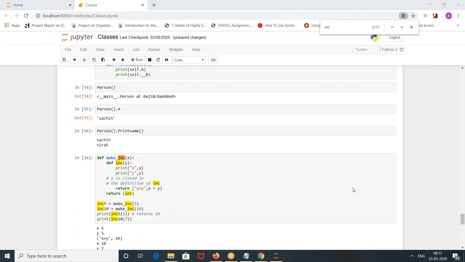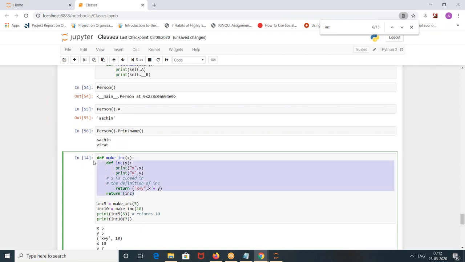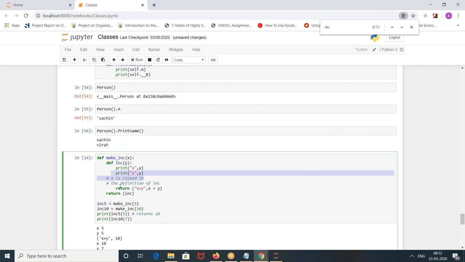If you see this example, the same one, making is having x, ink is having y. Just for your understanding, I put what is x, what is y, and return x plus y for ink, but making is returning ink. Any questions until here? Why am I saying that making is returning ink? Any questions? No or yes?